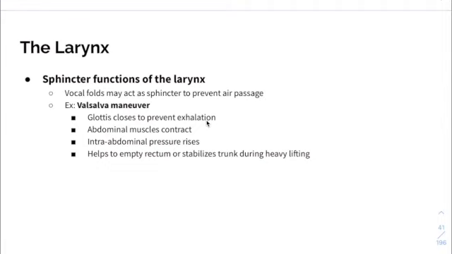So our larynx can have some sphincter type functions, because they can prevent air from moving in or moving out. There's a maneuver called the Valsalva maneuver. It's honestly what you use to empty your rectum if you're lifting heavy weights. What you're doing is you're preventing yourself from breathing out air. You're holding air in, you're kind of bearing down,